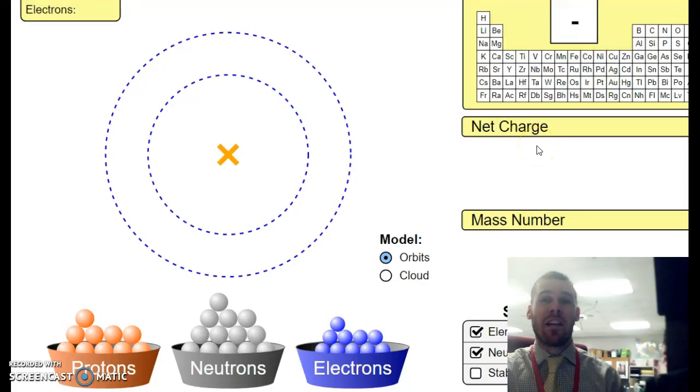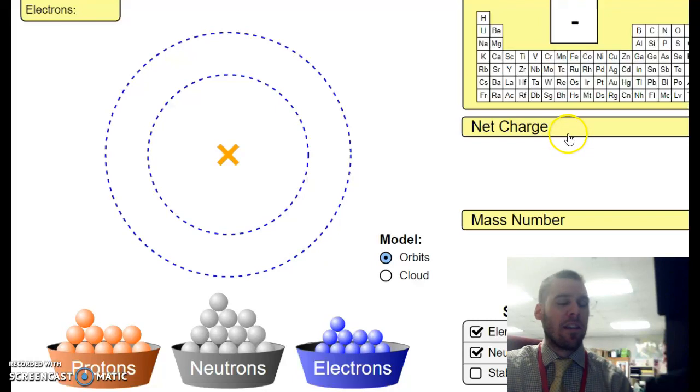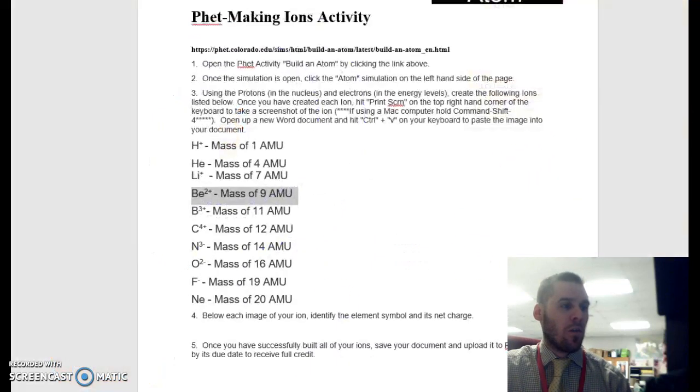Hi, this is Mr. Richmond, and today we're going to be building an atom using the PhET simulation for the assignment that you have coming up. So, if we were to look at my handout and I were to pick out a random atom that I need to build, beryllium 2+ with a mass of 9 AMU, the first thing that I'm going to do is